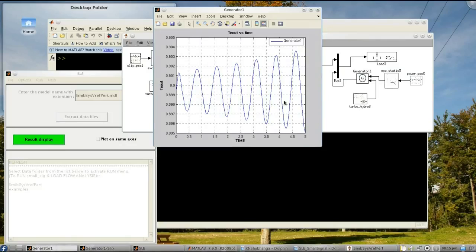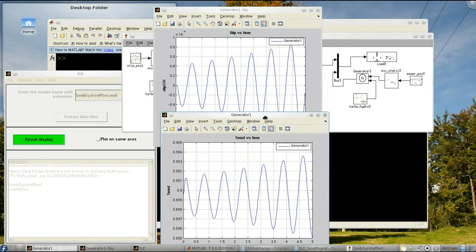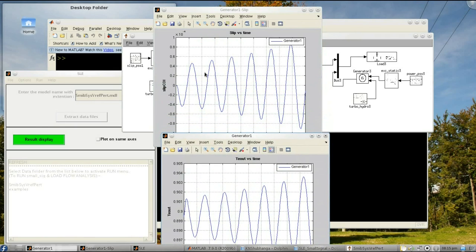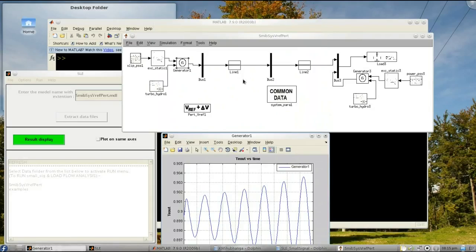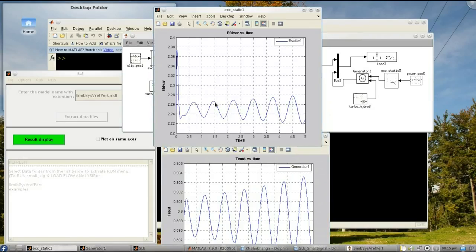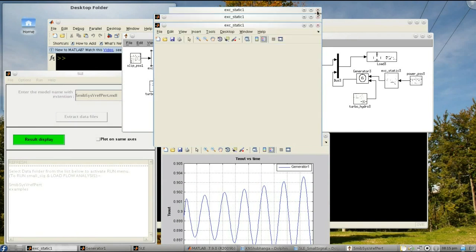Negatively damped oscillation is observed in electrical output power and slip trajectory of the generator, which signifies small signal instability condition for the system. Similar effect can be observed in the EFD variable of excitation, that is AVR.